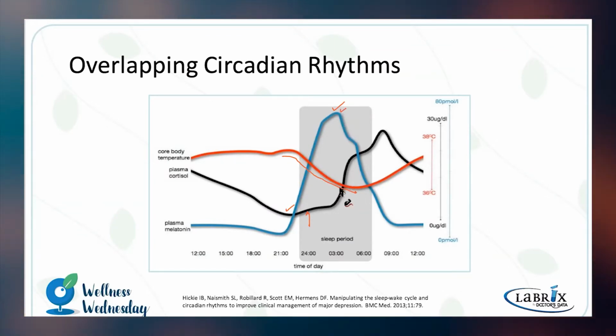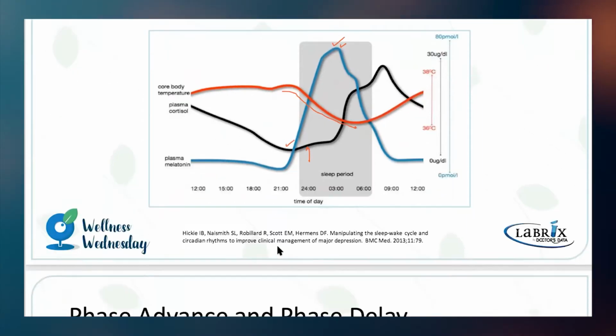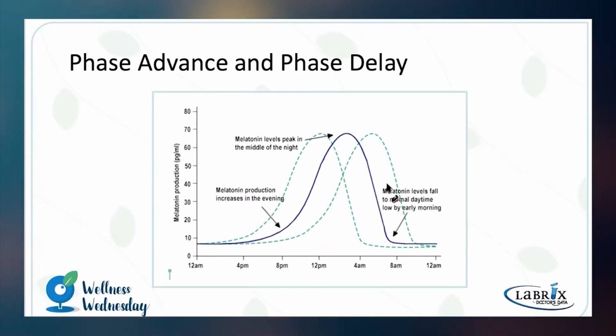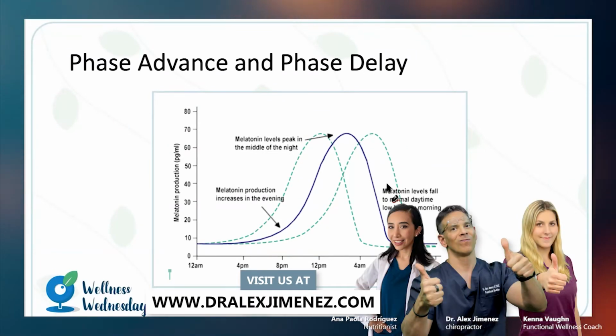And that's going to come into effect later, because we can actually help mitigate the core body temperature by the amount of dose that we can give an individual with melatonin. So when we go there, we can actually see that. So what we're starting to learn today is that because it's a phasic thing, we want to understand the phases of that. So what I'm going to ask Kenna in a few moments is to discuss a little bit about